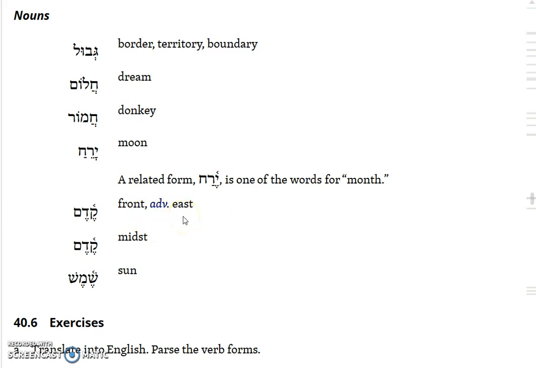And maybe a little bit about directions. You always oriented yourself towards the east. In fact, the word orient has to do with east. So when you orient yourself towards the east, or towards the rising of the sun, then kedem is in front of you. In terms of the directions, it would be in the front once you're oriented, and hence the east. So it has both meanings, front or in front of, and also east.